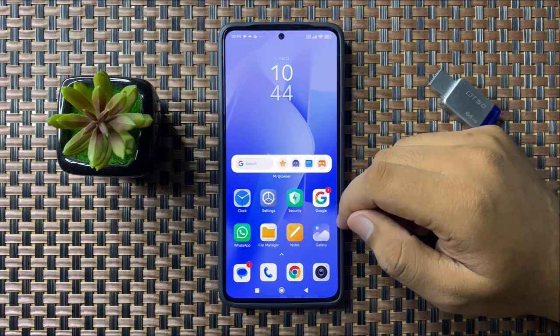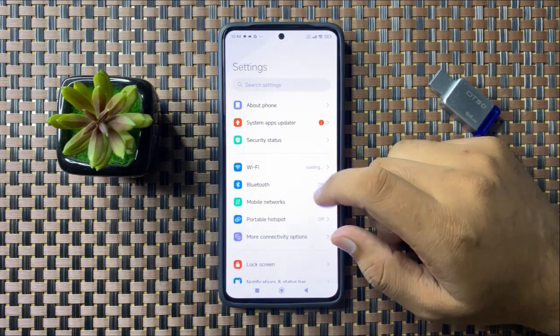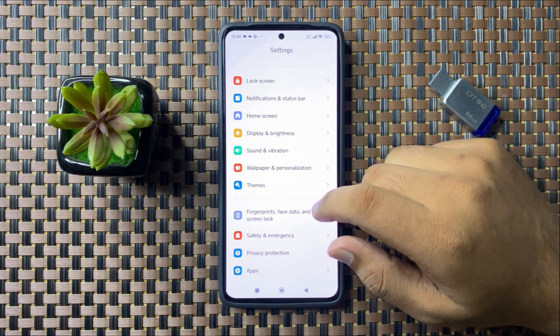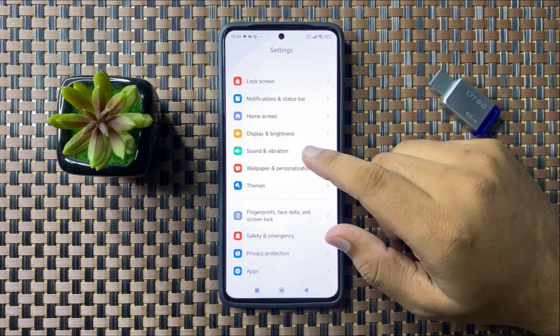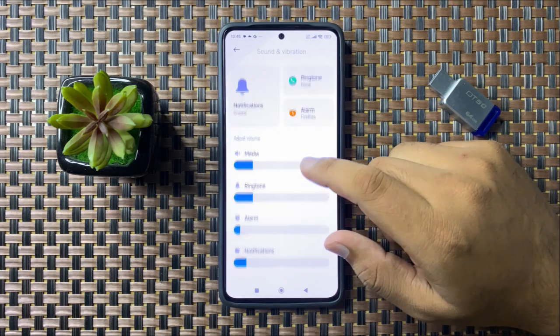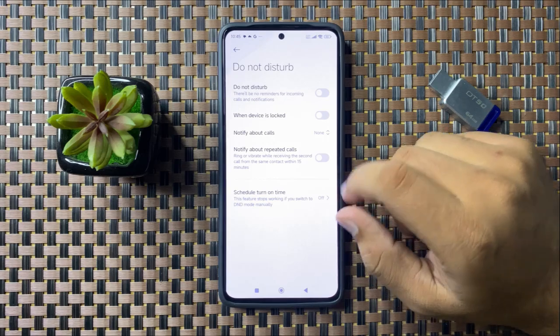Now after restarting your phone, the calls not receiving issue will be fixed, but if you are still facing the issue, then open settings. Now in settings, scroll down and tap on sound and vibration. Now in sound and vibration, scroll down and tap on do not disturb, and here you will see a do